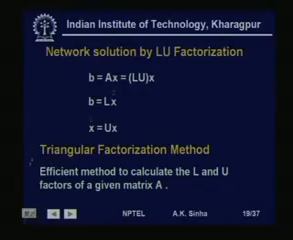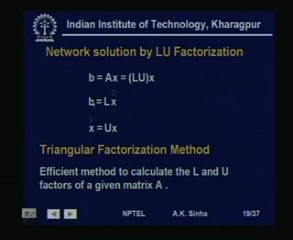So, let us say we have a set of equations B is equal to A x. Now, this A matrix is an n by n matrix. It can be B dash, it can be B double dash, it can be the Jacobian matrix, whatever it is, it can be written as a product of two matrices L and U, where L is the lower triangular matrix and U is the upper triangular matrix. So, we have A x is equal to L U into x. This we can write